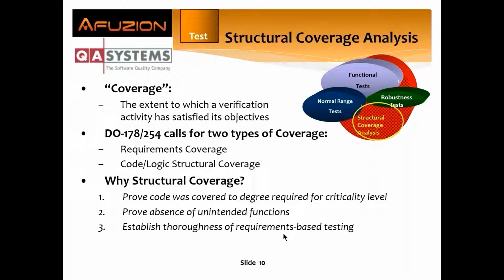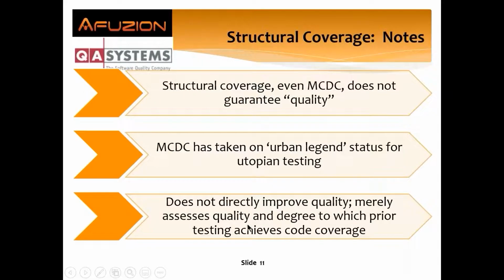The most important reason for structural coverage is number 3. How good were your requirements and how good were your requirements-based tests? That's official FAA EASA policy. It's in the manual, okay? Number 3 is the real reason we do structural coverage. Now, structural coverage doesn't guarantee quality, even